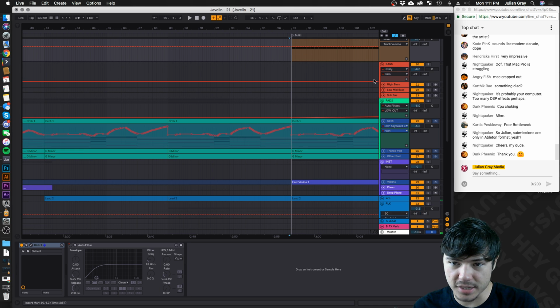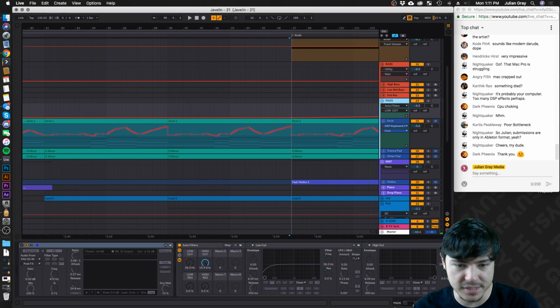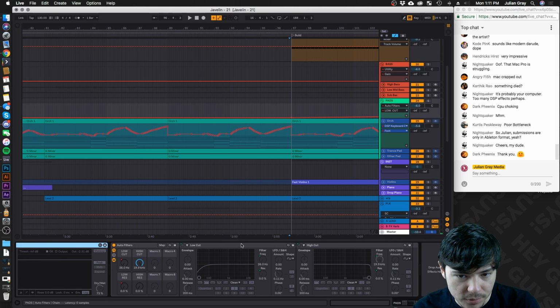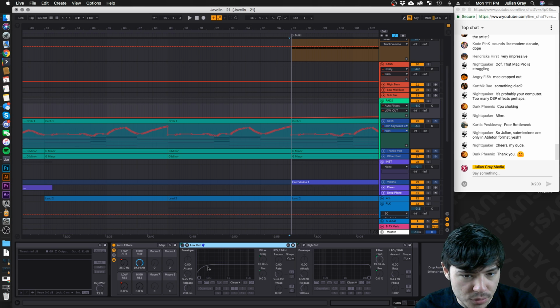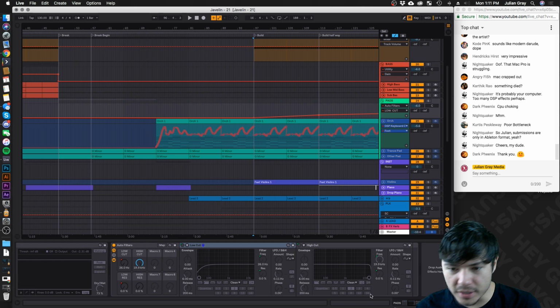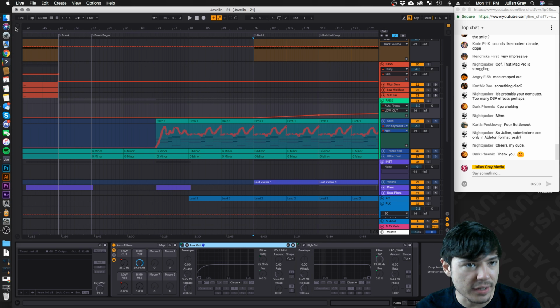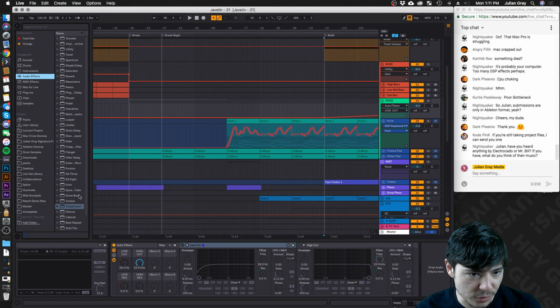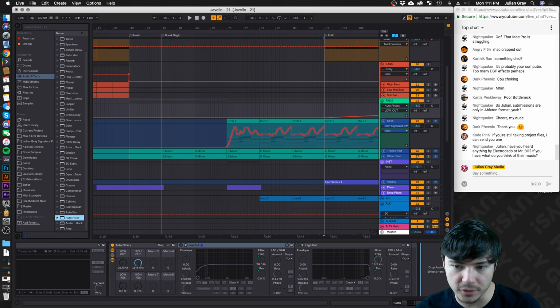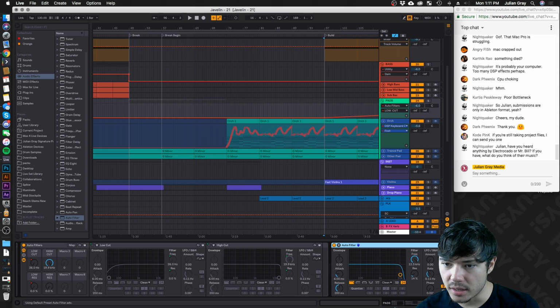What I'm going to do is actually add a high pass here. It seems like he has one already. He has it labeled as a low cut, but I don't want to use this because it's off. I'm not going to mess with his processing there. I'm just going to add in a new high pass filter here. So we're going to do an Auto Filter, and we're going to do a high pass like this.